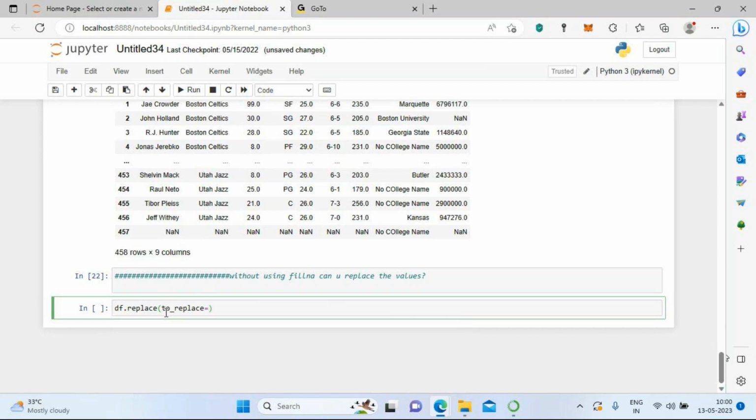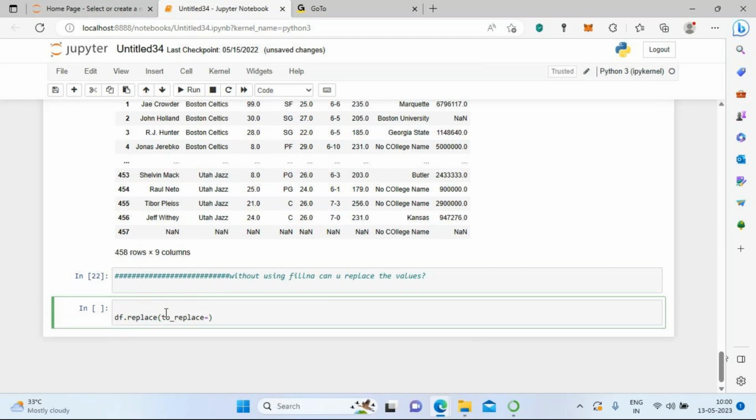whichever value is NaN, I'm going to replace that value. If you want to define NaN, you can use the numpy library. Import numpy as np. Now take this np. Using numpy, you can define the NaN value. That's what I'm saying here. Yes, I defined it. If I have some NaN value, I can replace it